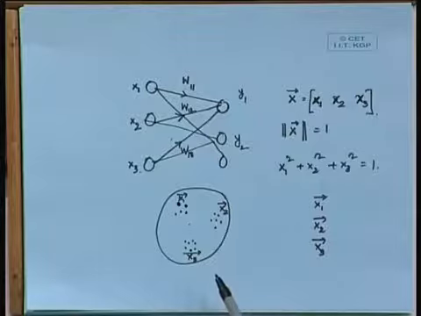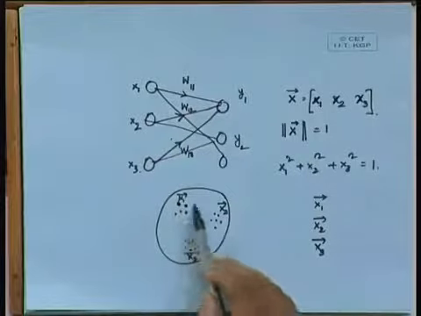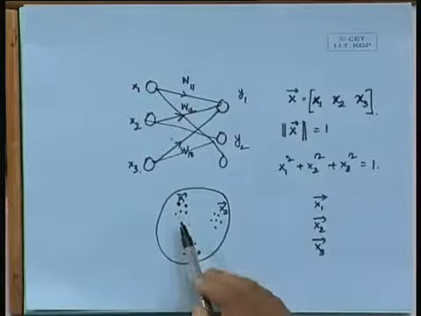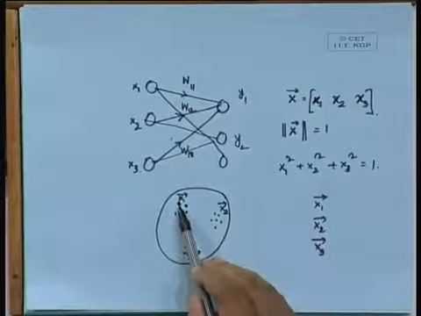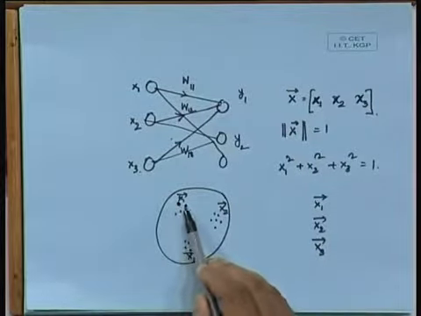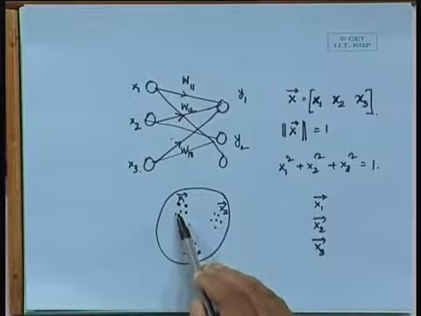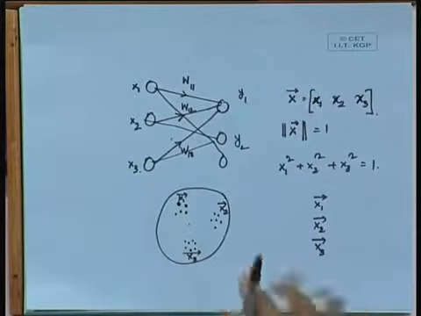So, the behavior that you should logically expect out of this neural network is that one of the neurons out of these 3 outputs will be classifying this cluster. That means no matter whether the vector is this one or this one or this one or this one, it will classify according to 1.